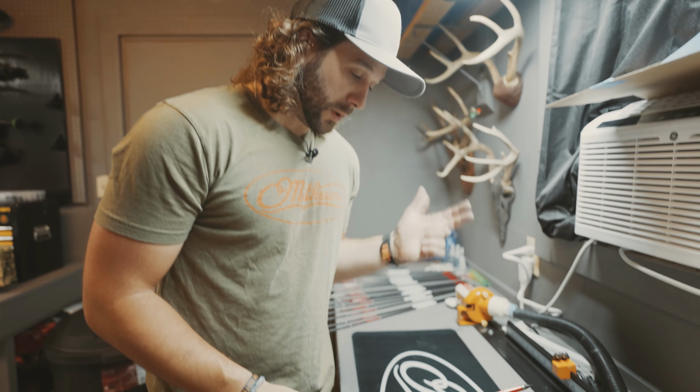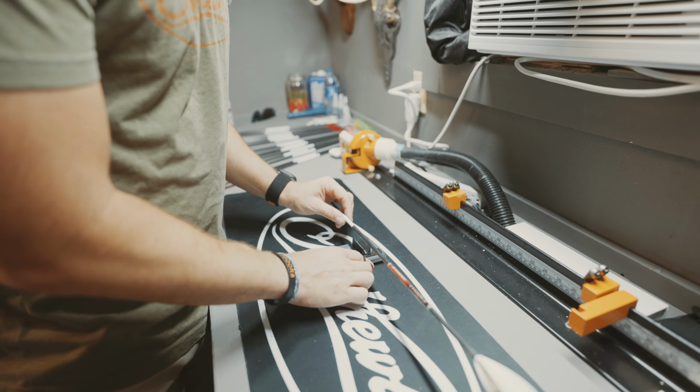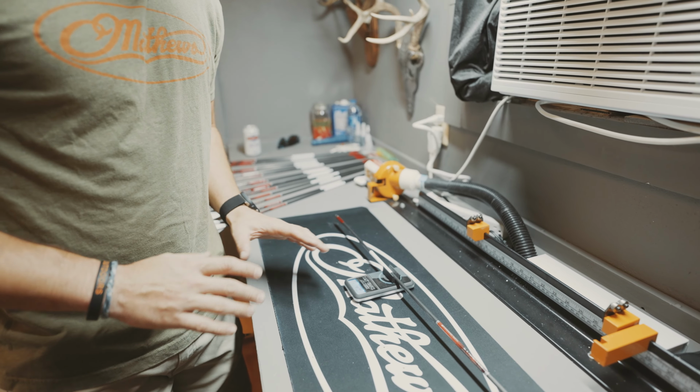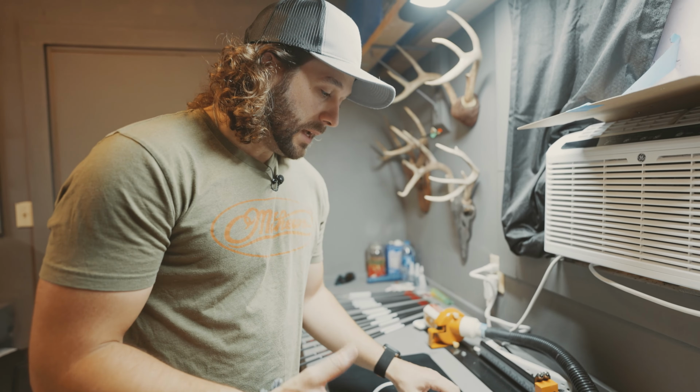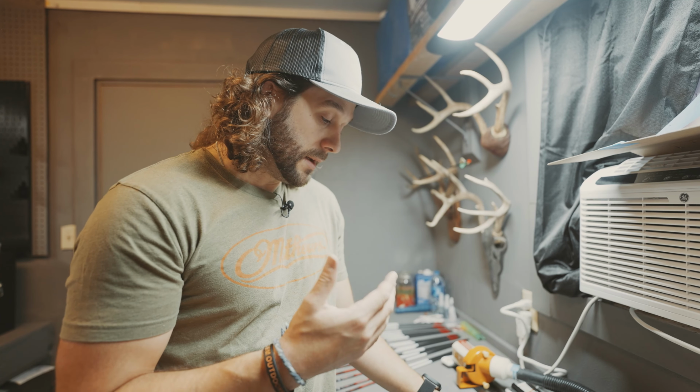So this is where having a good scale comes in handy, and we're just going to check weight on these boogers. So we got about a 518 grain arrow, and that personally has been a great setup for me. Some of you might think it's too heavy. There's other guys out there that might think it's too light, but for me,